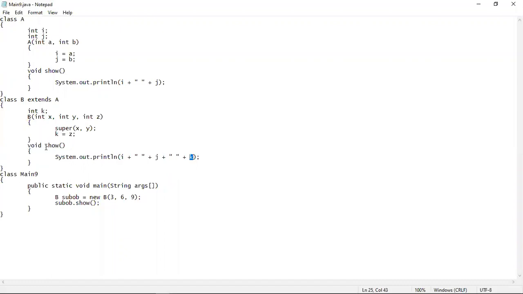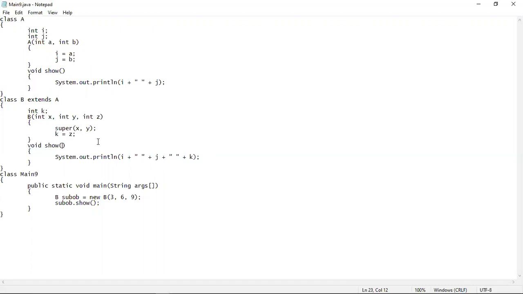Now here you can see that the method name is show again. In the superclass, we have also used a method with the same name and the same signature. That means its return type is the same, and parameters are not there; here also no parameters are there. So the type signatures of both methods are exactly the same.